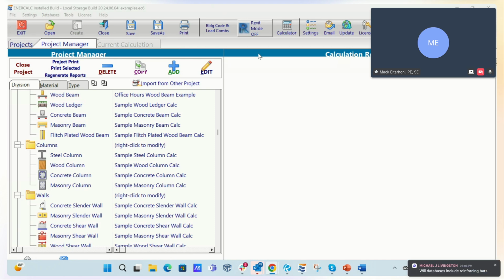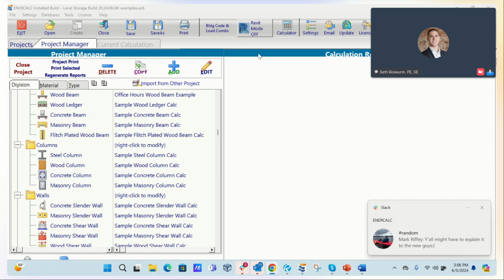No, that was a great overview. ENERCALC for Revit currently includes complete integration for beams and girders in steel, steel composite, and wood. Steel column we debuted at the Steel Conference in April, and that's about to have its public release right now. And then general foundation is in active development as well. So we're very excited to see steel column integration in Revit and general foundation release, hopefully this summer. And then we're slated to demonstrate those in conjunction with an ENERCALC customer at Autodesk University this fall.